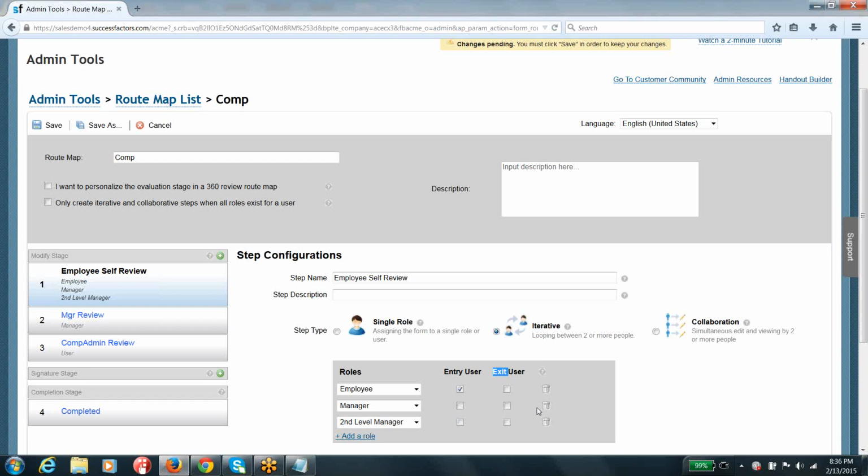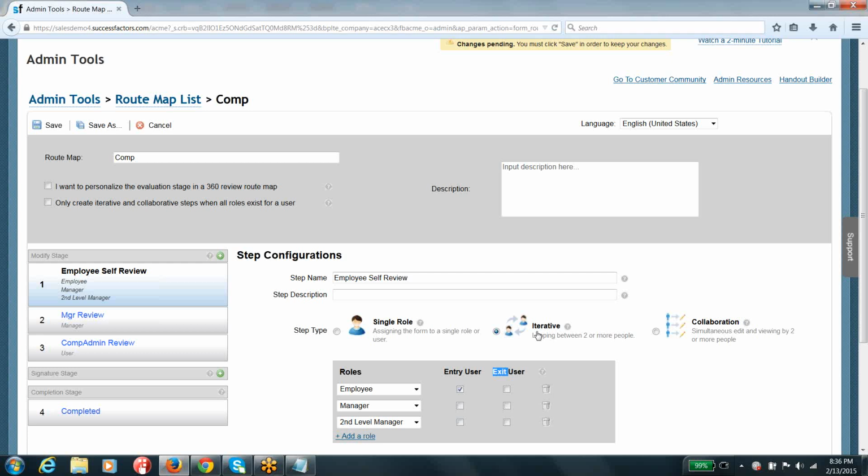So it's pretty simple, guys. Just let me repeat it again. So iterative is nothing but basically you are allowing more than one employee to work on a form in a particular step simultaneously, but it's not actually simultaneous, but one employee at a time on that particular form, and that employee should send the form to the next person, and that is when the next person will be able to work on that particular form.